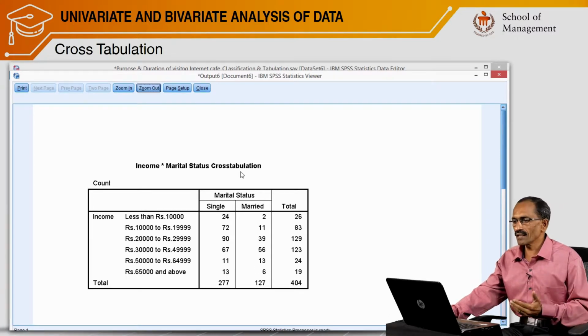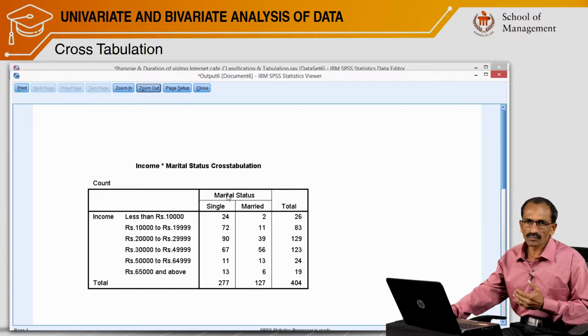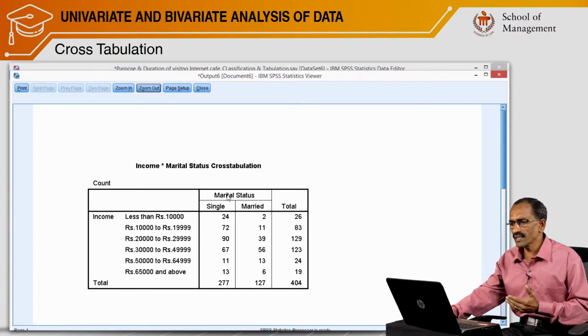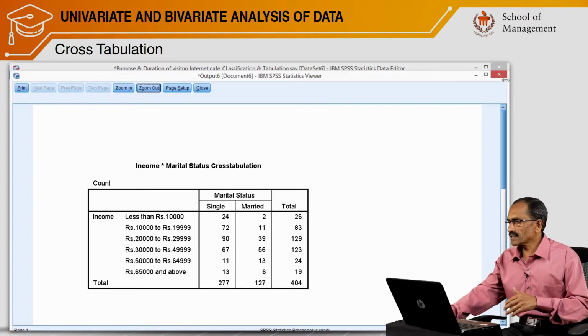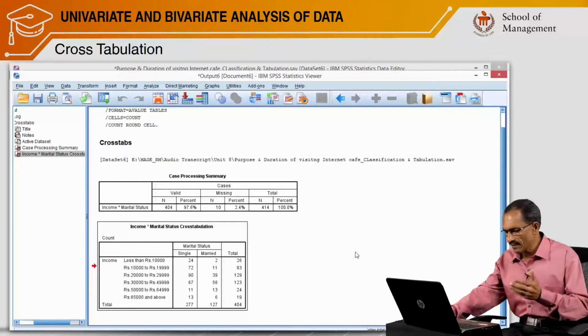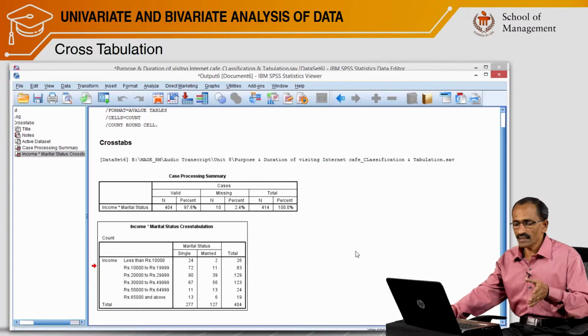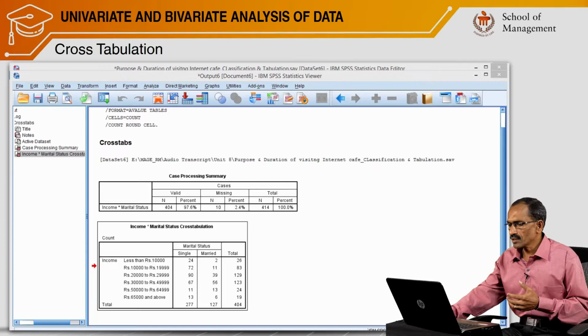Look at the title, Income versus Marital Status of Cross Tabulation. This we call bivariate data analysis, and this bivariate data analysis indicates the analysis of nominal and ordinal data. Now let's see how we'll make bivariate analysis of interval scale and ratio scale. In our database, the